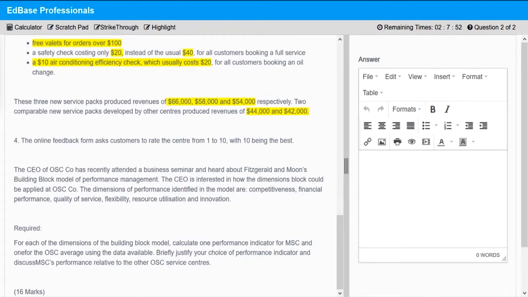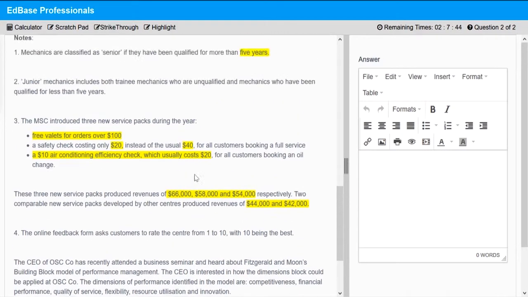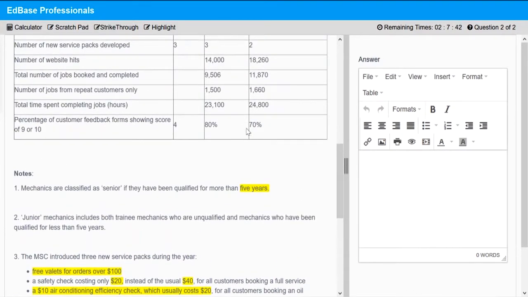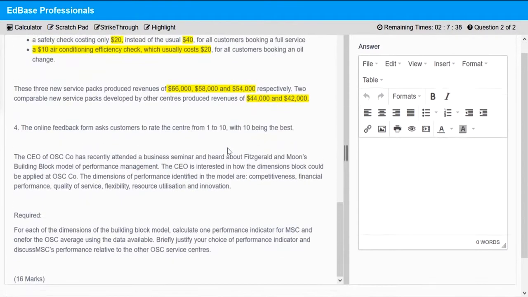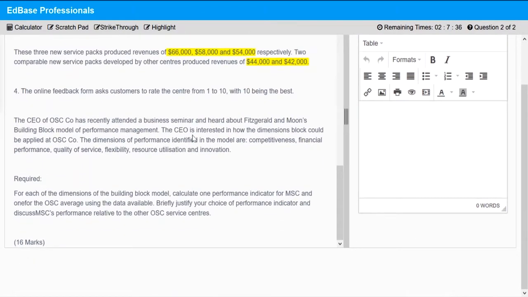So in note number 4, we have the online feedback form. Ask customers to rate the centers from 1 to 10, with 10 being the best. So here we have given the information for the customers' feedback. That's very good. And in the last part, the CEO of OSC company has recently attended a business seminar and